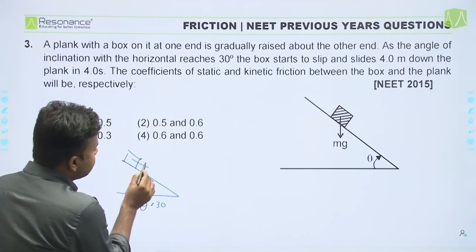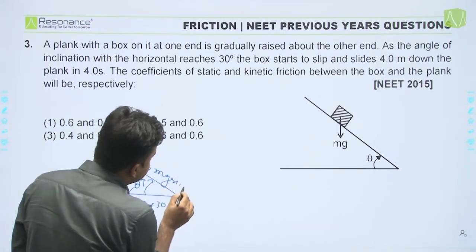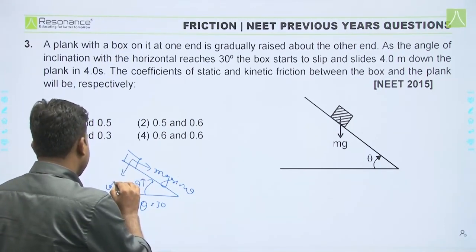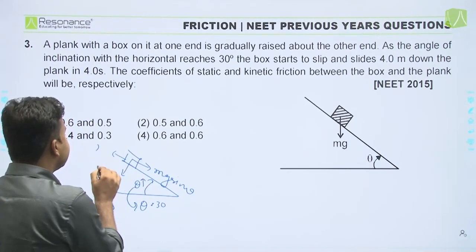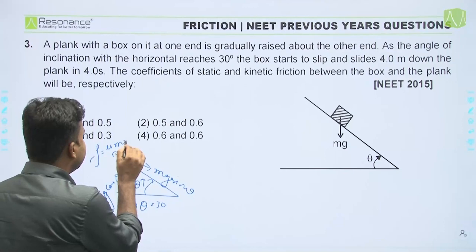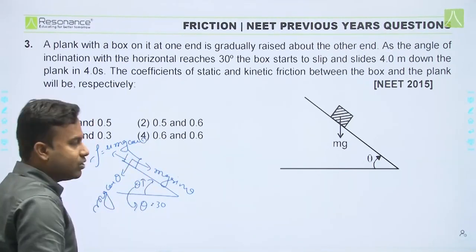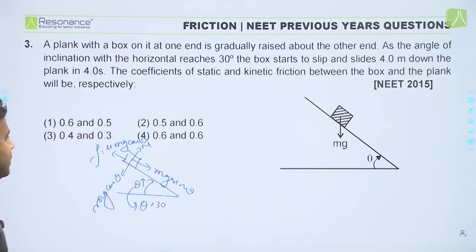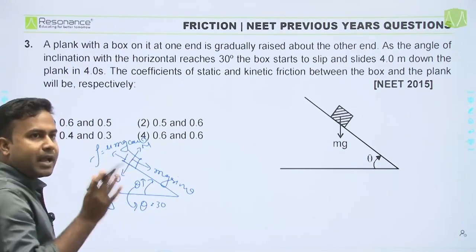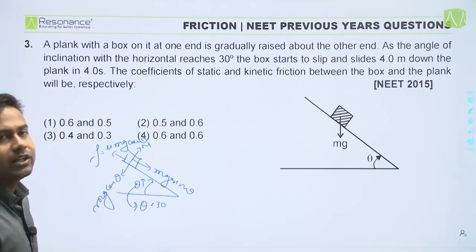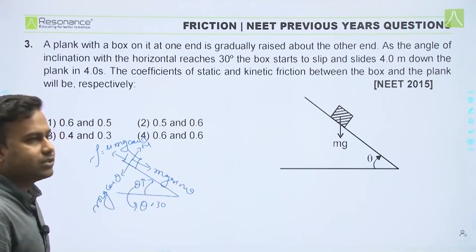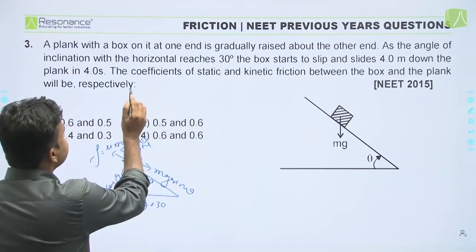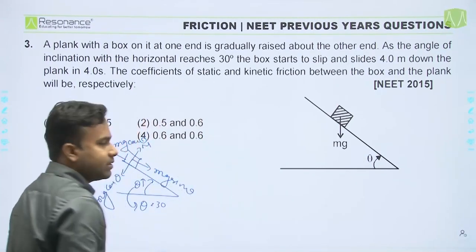So in this direction it's experiencing a force mg sin theta, and in this direction mg cos theta. The friction force is mu into mg cos theta, mu into normal, where normal is equal to mg cos theta. Now in the maximum static case, the friction force is equal to the driving force. It means at 30 degrees, if you want to calculate the value of mu, the static coefficient of friction,